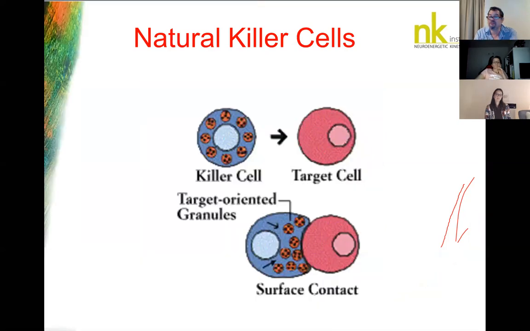You can see this is a killer cell. It could be a natural killer cell or a T killer cell. And these are cytokines. Someone recently was asking me about cytokines. So cytokines are just a general class of hormone. They're used by cells of both the adaptive and non-adaptive immune system.